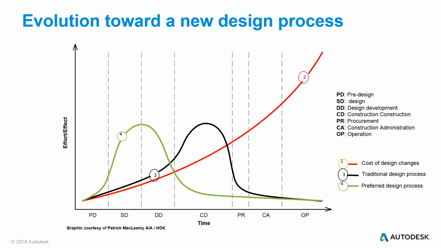And then I suppose looking at the traditional design process as well in the middle, and then the preferred design process is the green line there, that we prefer to do all of our design and get it all spot on at a very early stage of design, and that there's less impact at the actual construction and operational stage as well. But I suppose looking at a BIM process, we'd like to do even more of that design at